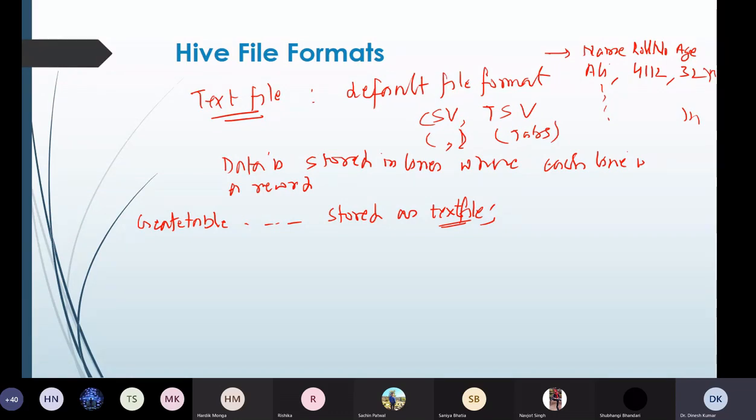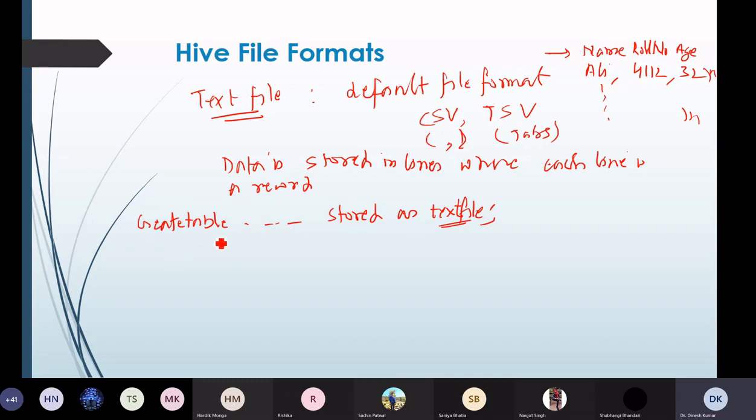In addition to that, we also need to specify the row format delimited and fields terminated by, because how else do we come to know whether it's a comma separated file or a TSV file? So we have to specify in the table whether it is fields terminated by tab or fields terminated by comma.